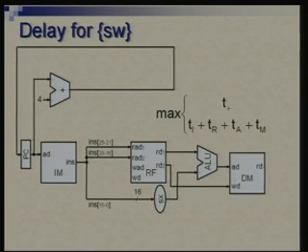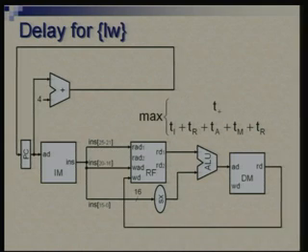For SW, what comes into the picture is TI, TR, TA, and then TM. Incidentally, here I am assuming the same time for reading and writing, both in the case of memory and in the case of register file. In general they need not be the same, but just to keep things from blowing out of proportion, I am using the same value for each. T plus again remains another path. For LW, the chain seems to be the longest: TI, TR, TA, TM, and again TR.